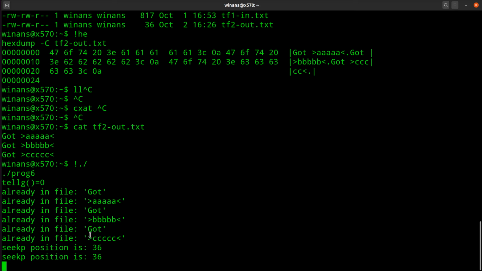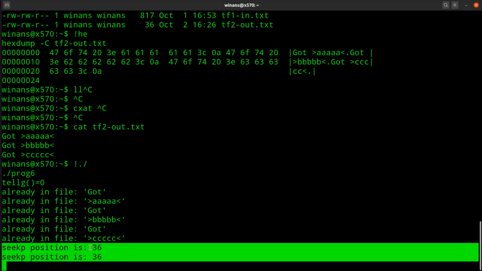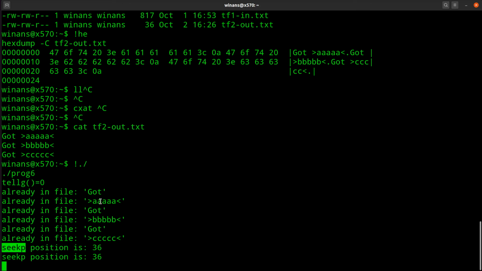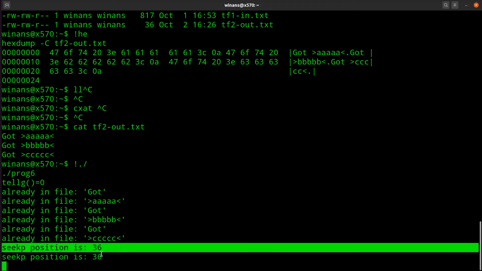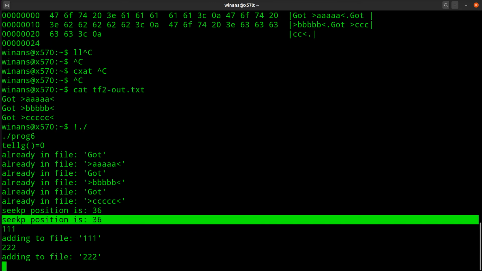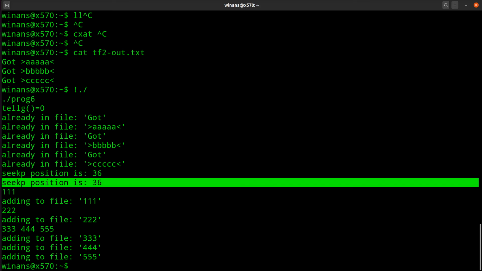When it's done with all that, like I said, coincidentally, it updated the writing position, the seekp position. The tellp method tells us if we write into this file now, we would go at the end of the file. I then said, I don't care, seek to the end of the file anyway, in case we're not there for whatever reason, which didn't move it at all. So anyway, let's now write 111, 222, 333, 444, 555. Hit Control D. Let's go ahead and hex dump